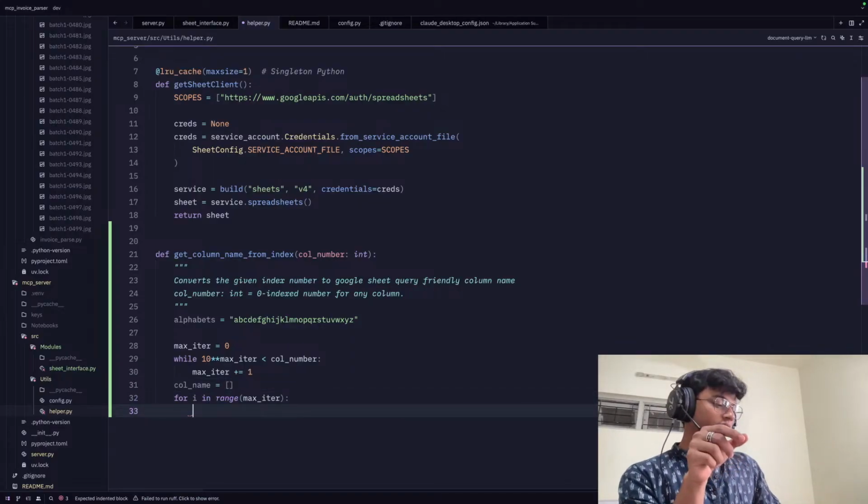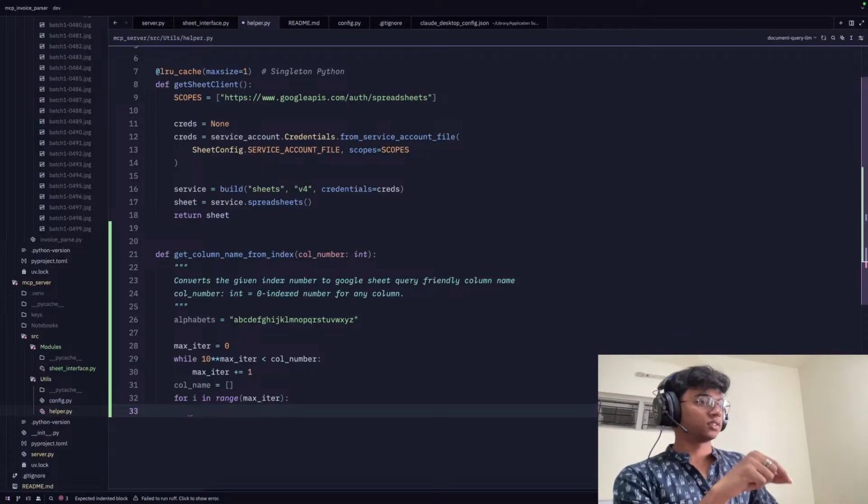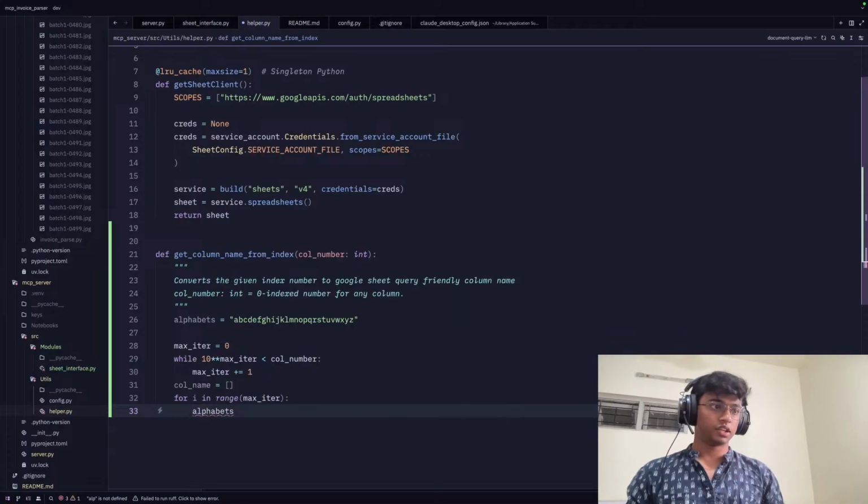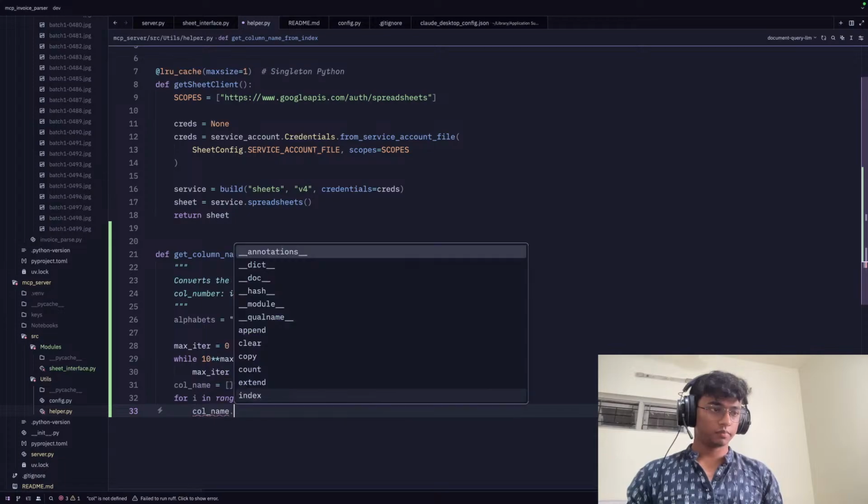So when we'll be starting, our i will be 0, so we'll be getting the value for the 0th index. In that case, we just need to do alphabets divide equal, column name dot append,